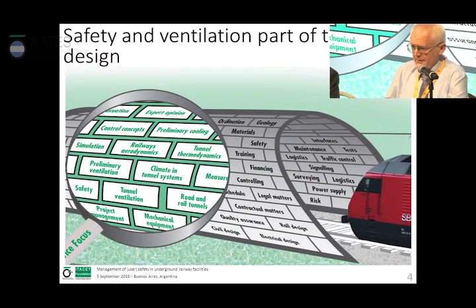Another thing about safety and ventilation is that this is, of course, only a small part of the design. Tunneling is a multidisciplinary field of engineering activities. Many things have to work together. So the key thing about safety and ventilation is interface management to the civil layout, starting with the geotechnical aspects, but as well then with the rail system and so on. So safety and ventilation is only one small part of metro design.